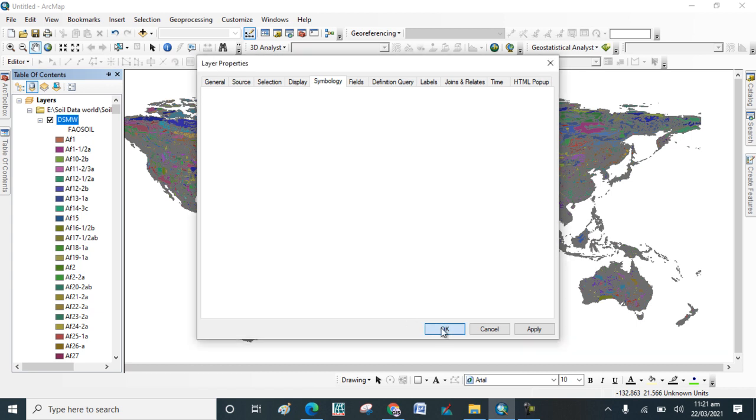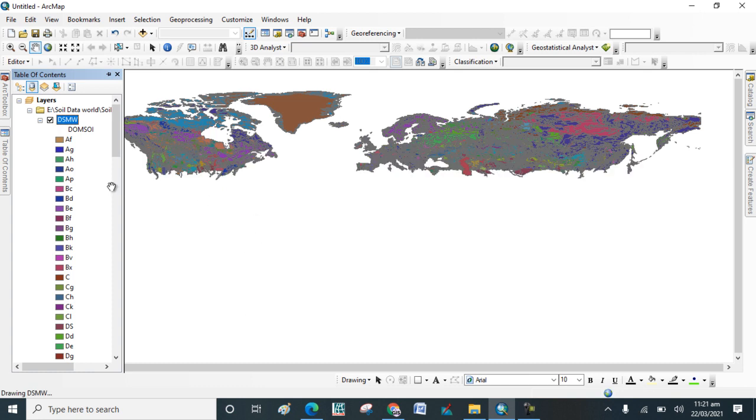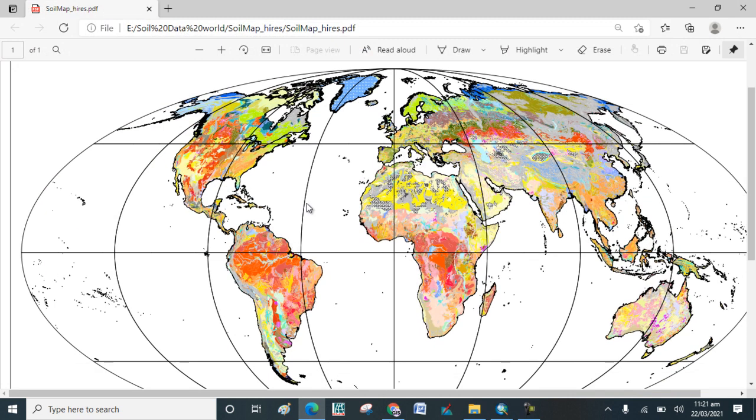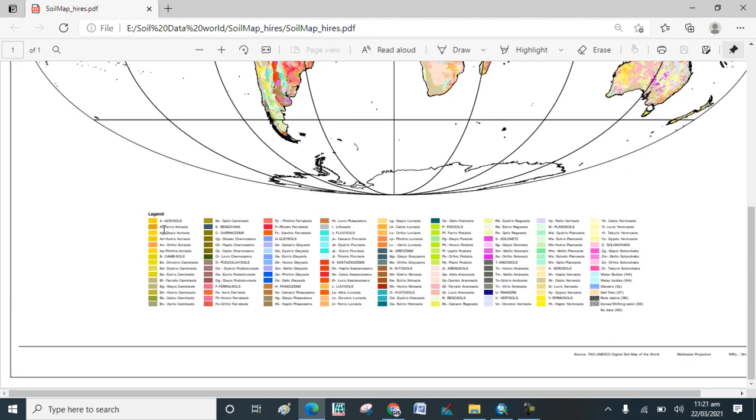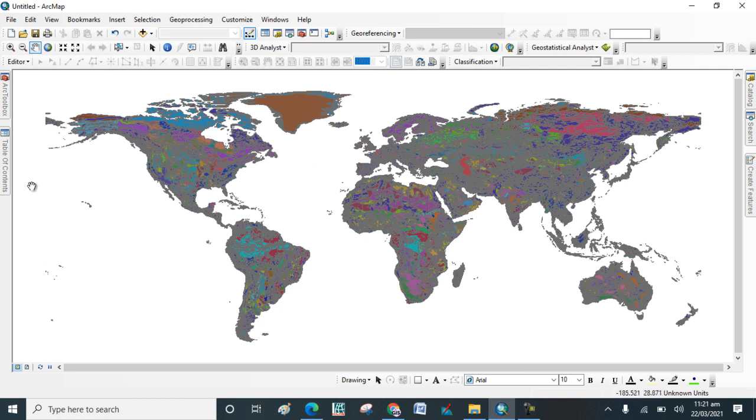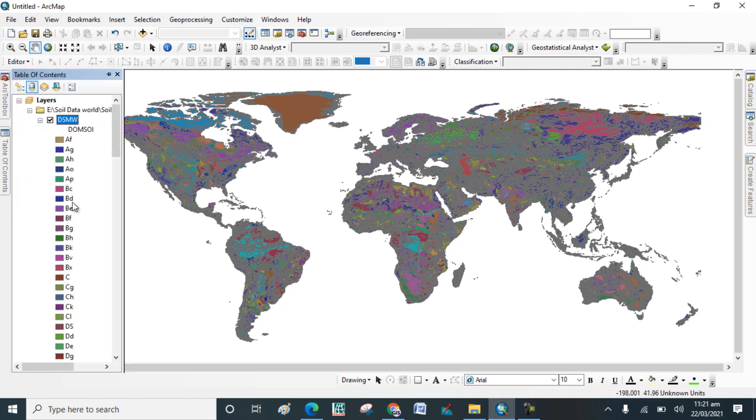Now, if you want to familiarize yourself with these legends or abbreviations, you need to download the PDF file of the soil data, which I already showed you. If I zoom into that region, the legends, you will understand these legends and can correlate them with what I show you in the table of contents.